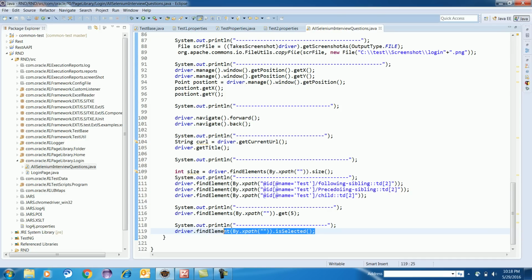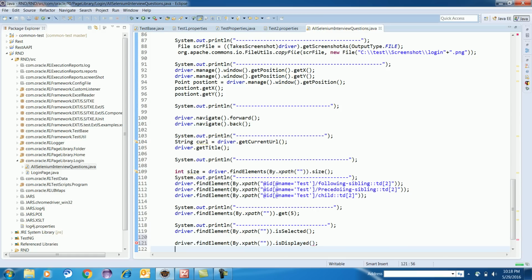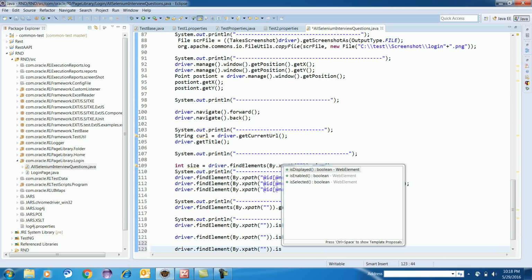How to check whether an element is displayed or not? How to check whether an element is present on the UI or not? Very similarly to is selected, you have something called is displayed, and you have one more method called is enabled.